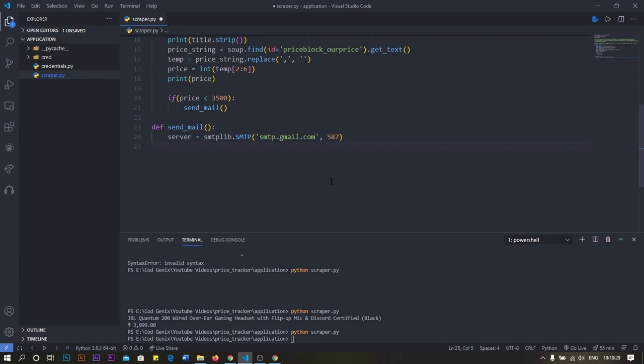Then we have to initiate a communication with the Gmail server. So what we'll do is create server.ehlo. This will initiate a communication between our server and the main Gmail server, and after doing that we have to start the TLS. This will encrypt our communication. Okay, so it is important. So start TLS. Now what this method will do is encrypt the communication that we are having from our server to the main server.